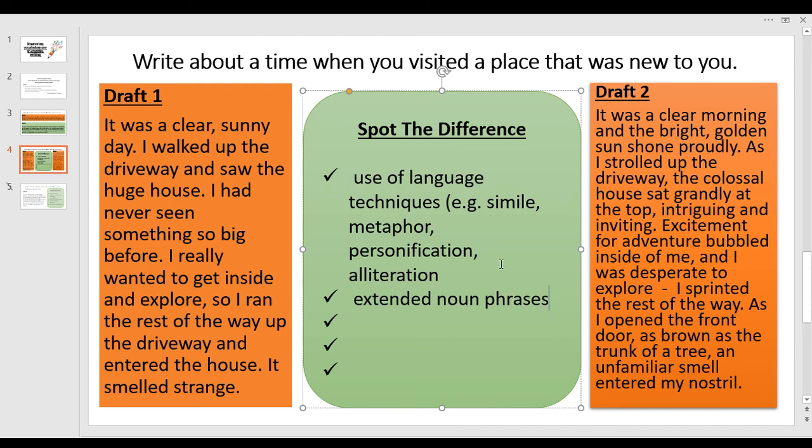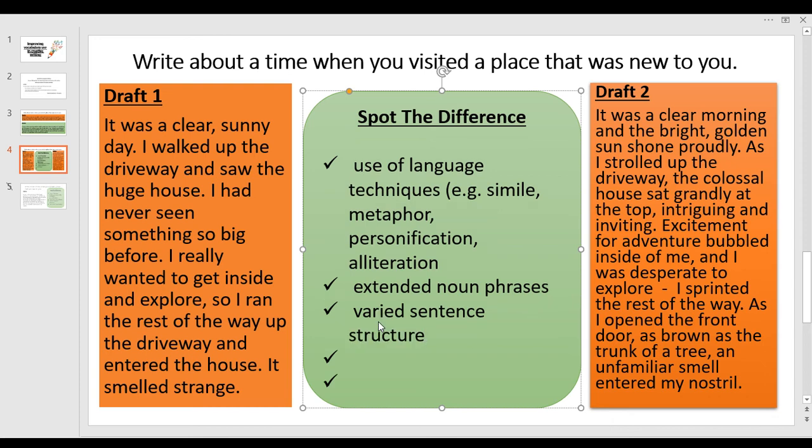Now, if you're unsure of the term extended noun phrase, sometimes this is something that you'll do naturally without realising you're doing it. An extended noun phrase is simply as highlighted here, for example. So, bright, golden sun. The words bright, golden, they're two adjectives to describe the noun, which is the sun. And again, it's just enhancing that description. Another thing to consider, again, the varied sentence structure